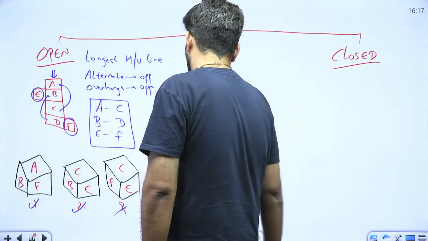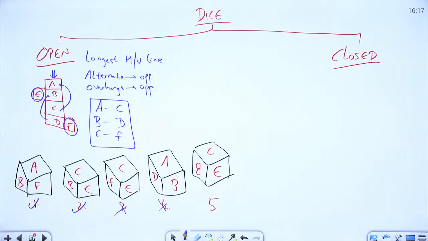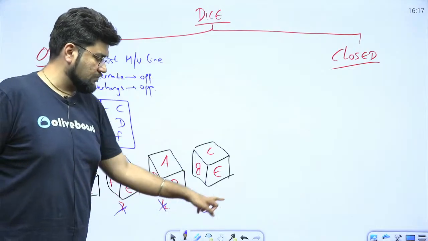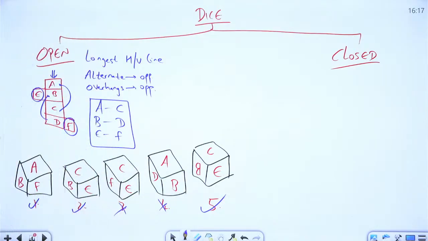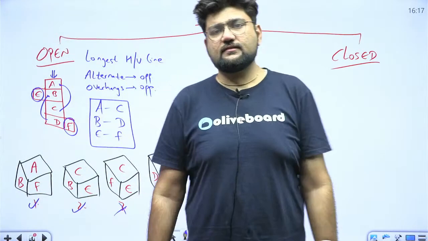So now this is the option. Now if we check quickly, we will understand that CBE still can be formed. So we will mark a tick mark here on 5. But always remember, in these types of questions, if you see two identical options, CBE, both are the same, and